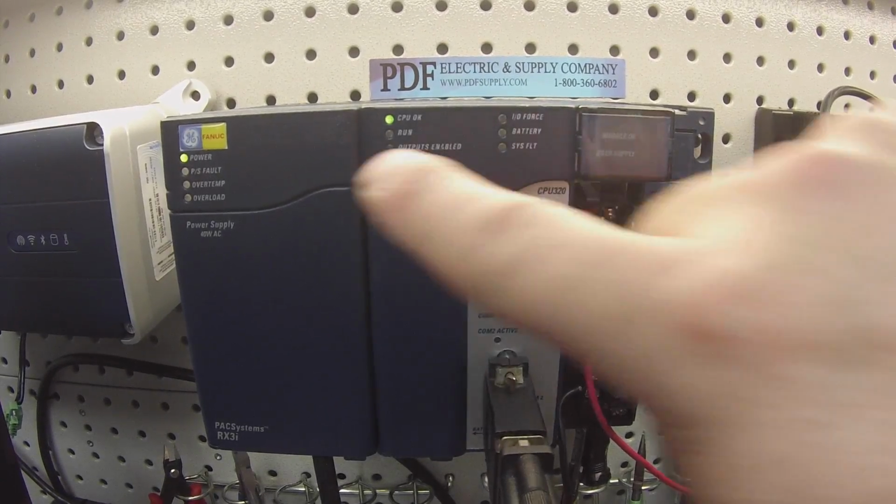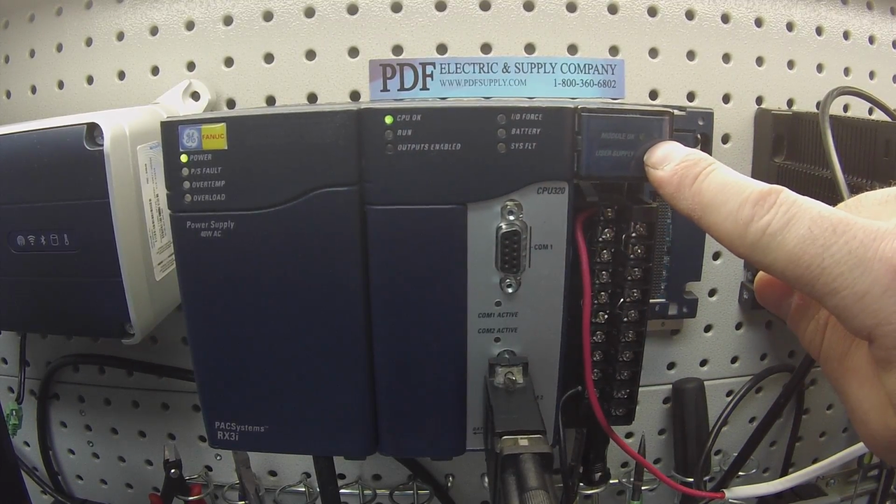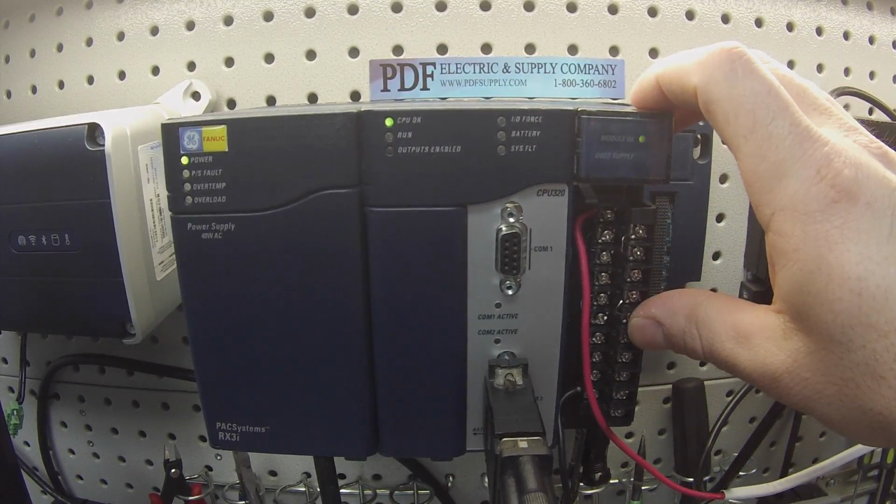So, as you can see, I have the power supply powered up. All the units are powered up. I have an OK light blinking on the module in question here. This is the